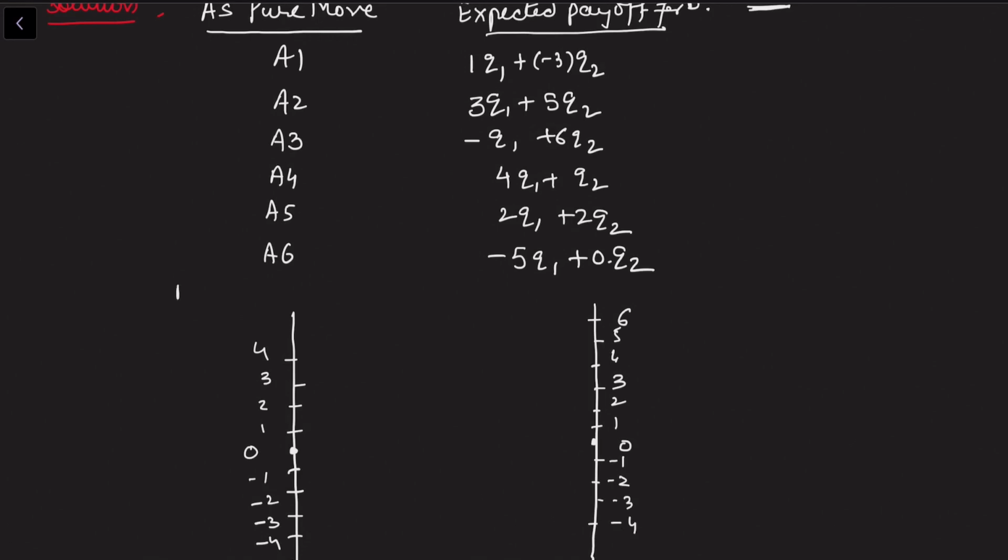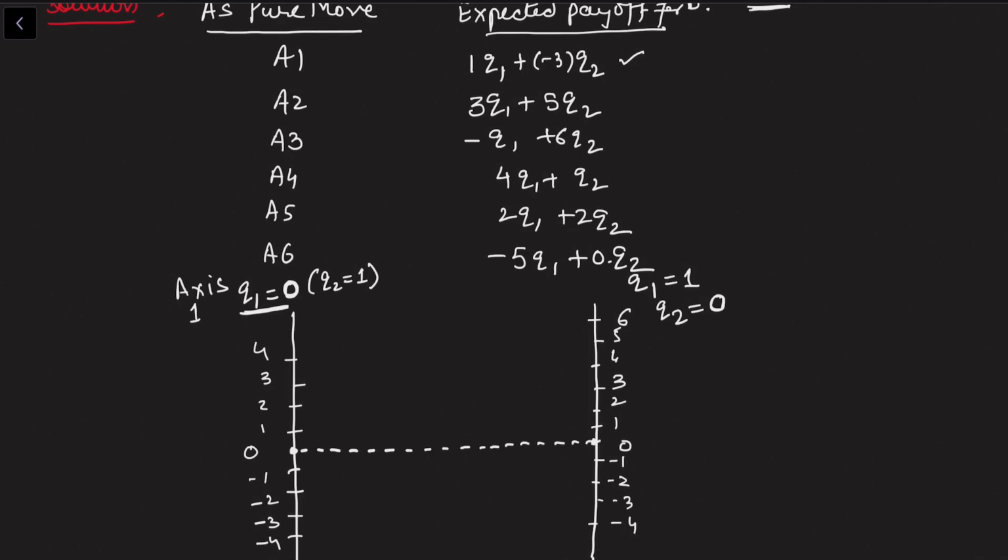Okay, so now this is axis 1, and on axis 1 I am considering q1 equal to 0. If q1 equal to 0, this automatically means q2 is equal to 1. Look at the axis very clearly. In the previous example I considered only q1 equal to 0, and here I have considered q1 equal to 1. If q1 is 1, this automatically means q2 is 0. So now I am going to draw with these q1, q2 values itself. This is the line which is 0. Now let us draw the lines.